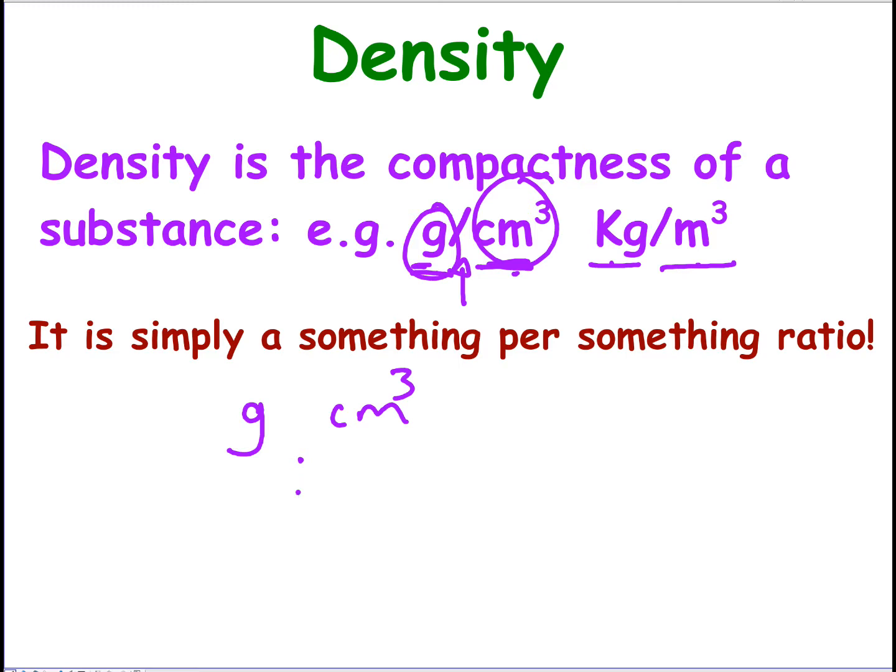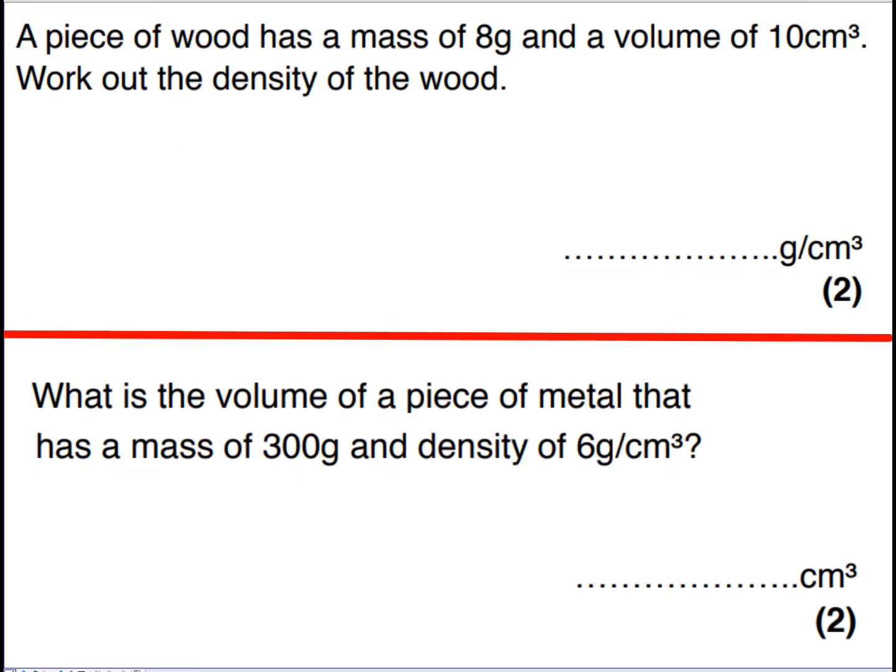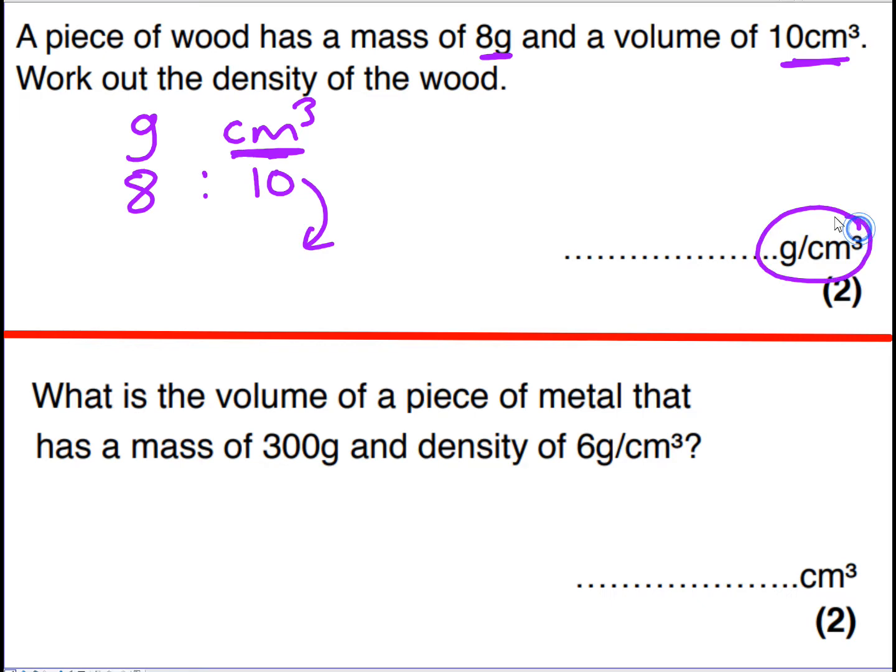Let's have a look at some density questions. A piece of wood has a mass of 8 grams and a volume of 10 centimetres cubed. Work out the density of the wood. So we've got grams and centimetres cubed, and we know density is a measure of these two things, where we've got to try and force the centimetres cubed to be the number 1. So if we've got 8 grams per 10 centimetres cubed,